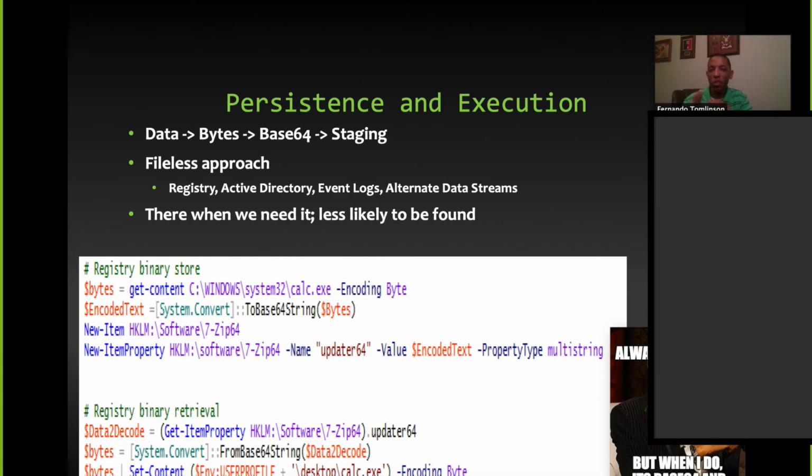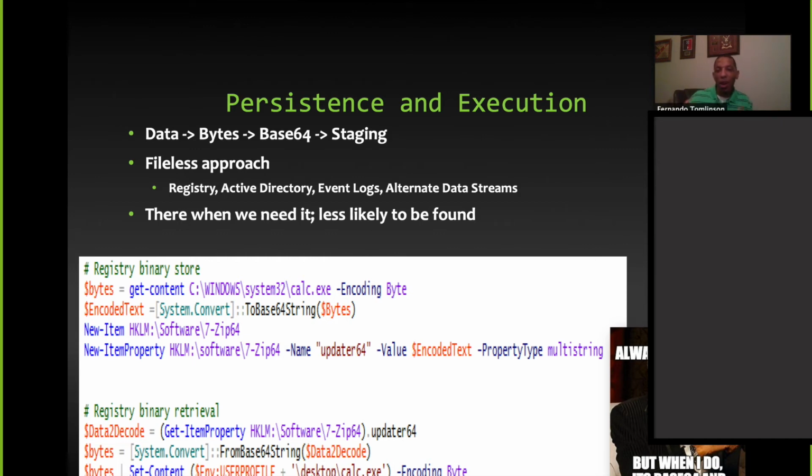So the process to then convert it to bytes, base 64, and store it, we see before us in the top group. But notice I have a key, 7-zip, and I'm creating a value called updater64. Maybe updater64 is a little obvious, but generally when you put 32 or 64 appended to anything, people think it's legit. It feels good, right? Oh, yes. What is that? Oh, it's the 32-bit version of whatever. Oh, okay. You just get that because it just sounds like that. And then I'll put that base 64 string there, and it'll stay there.